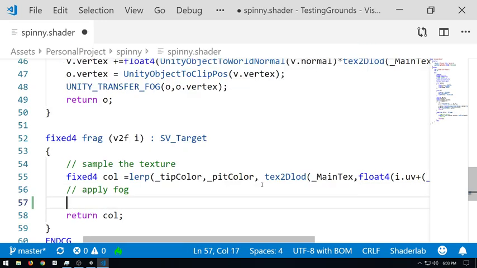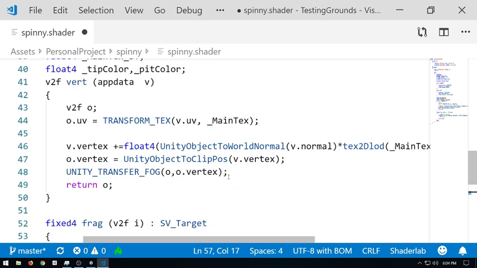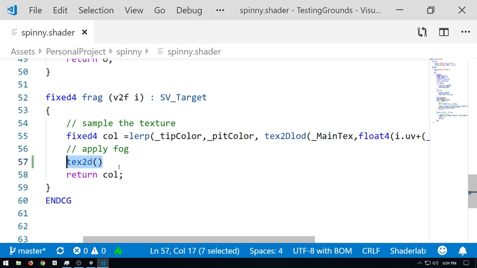Text, caps lock, why? Text 2D. This function, which is how we get our textures, will in the background essentially automatically pick a level of detail for us. Meaning that as a texture gets farther and farther away, it will decrease the resolution on it. However, we need that information, we get that distance information from the vertex shader, so we can't use this in